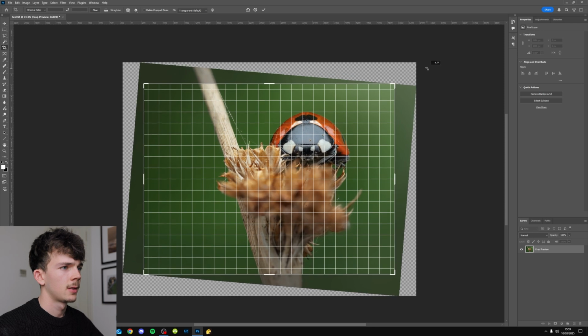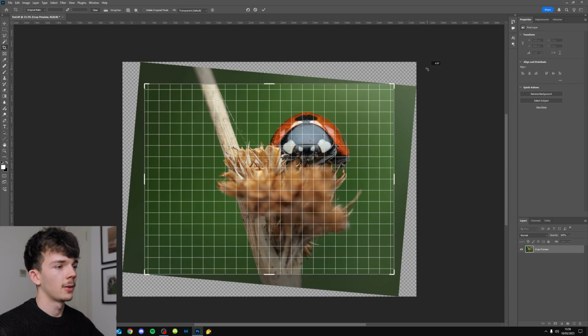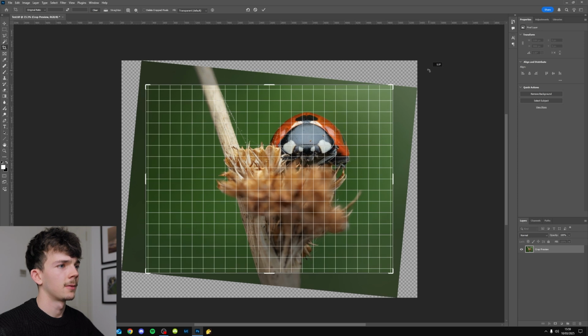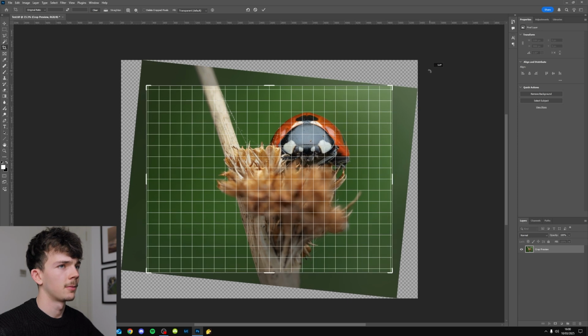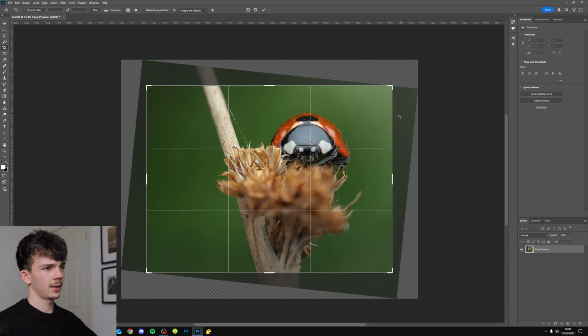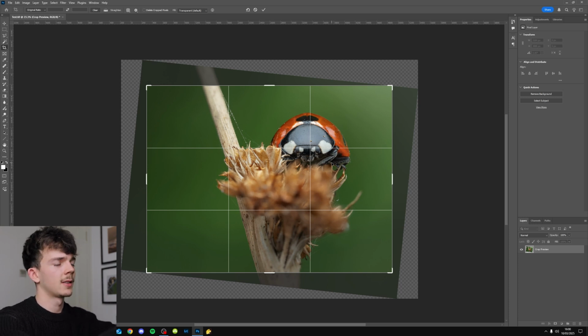So I usually just eyeball it because there's no geometrical lines in this image to sort of align with. So I'm just going to eyeball it really. I think 5.9 looks good. Yeah. And I originally wanted to get a composition where there's negative space on the left,